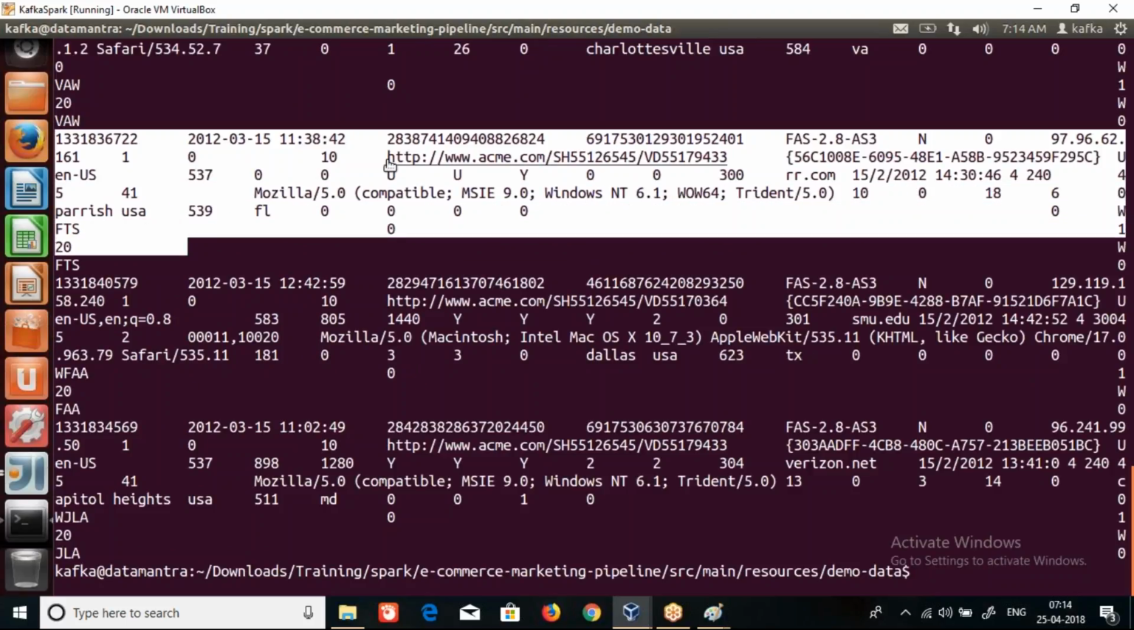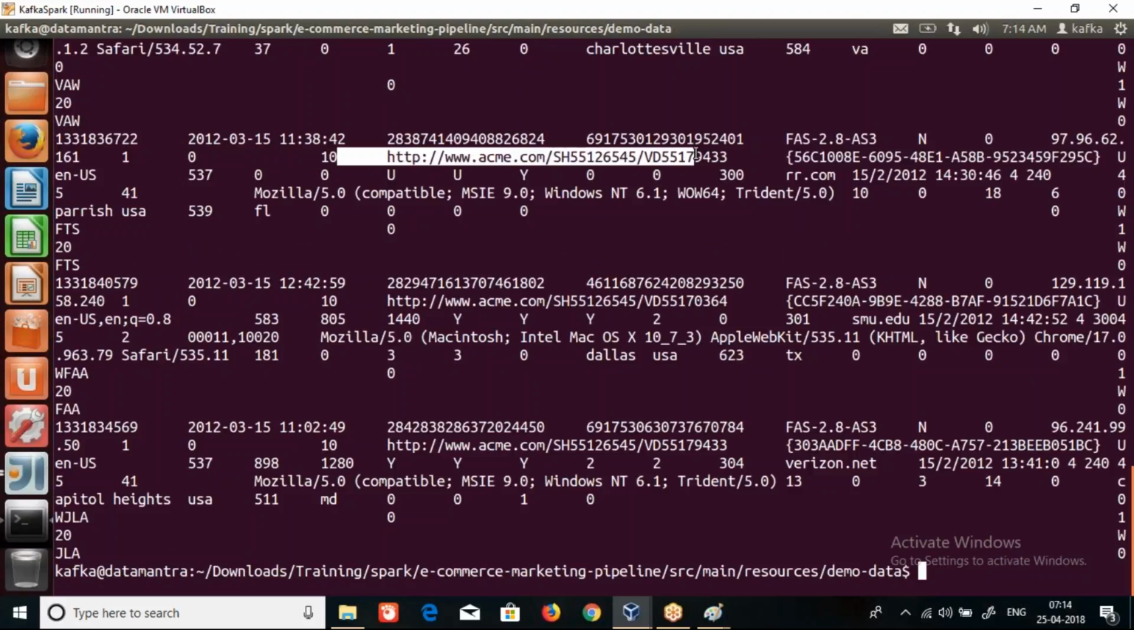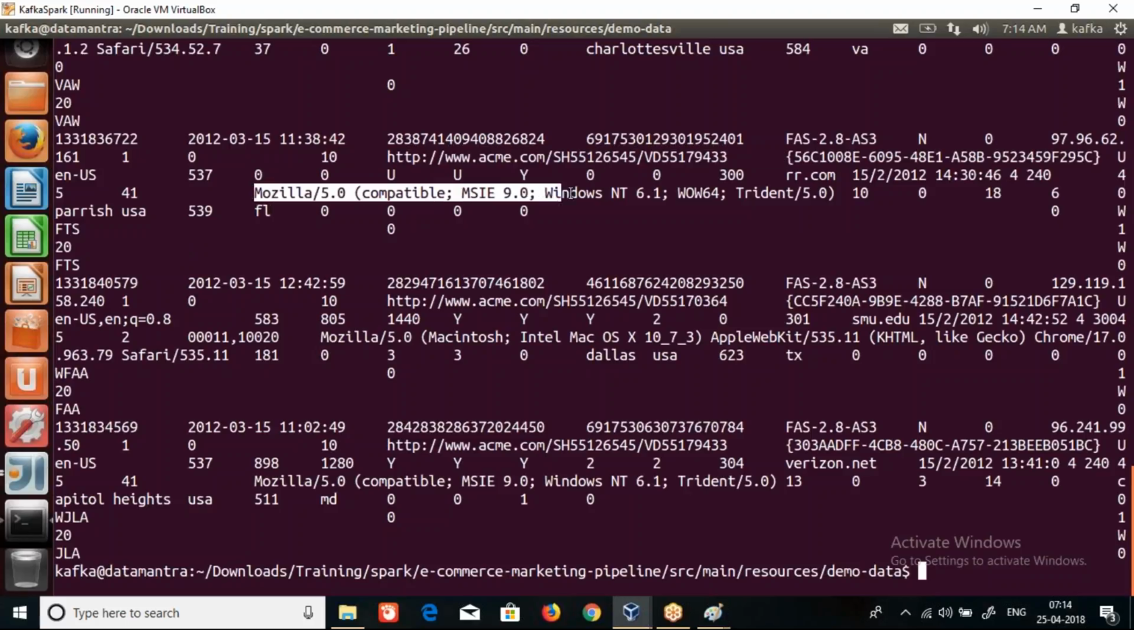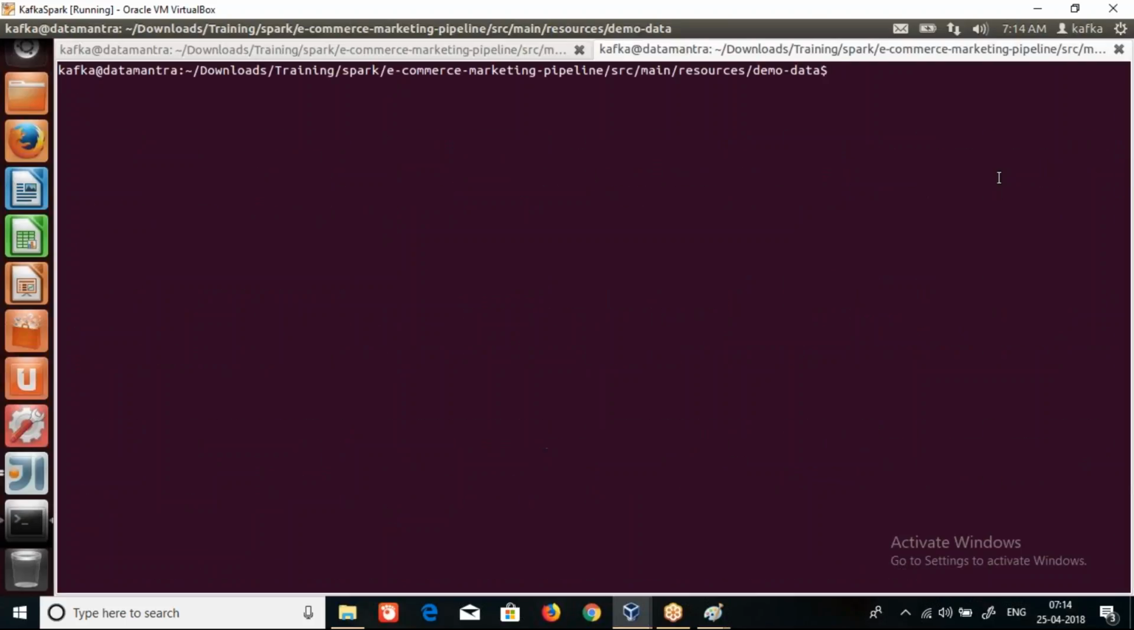It has which page has been clicked, what is the user agent that is being used, which is the country from where the click came from, and some IP address. We have then date and time. If you look at this date and time, it will be nowhere related to the sales date and time. So if I open the other file,